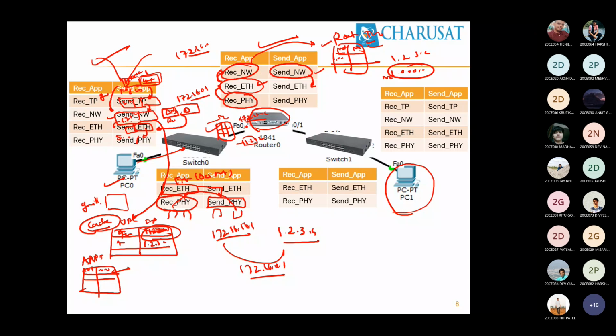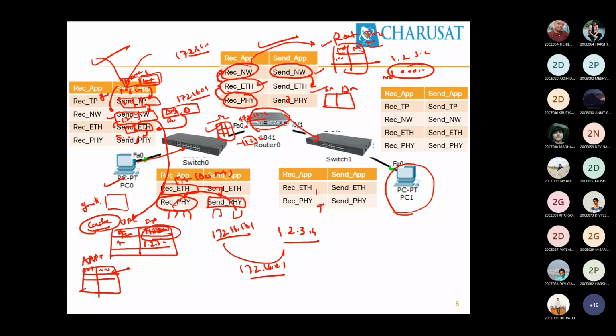Okay. Now the Ethernet layer, what does it do? What must be the logic in the Ethernet layer? Search the MAC address of destination 1.2.3.4. Will it be available? If it is not available, it contacts ARP. ARP will broadcast, and the ARP reply will make that MAC address available in the ARP table. Once the MAC address is available in the ARP table, the Ethernet layer will be reinvoked, and then it will prepare the header, destination MAC and source MAC. Source MAC from where? From the interface. Destination MAC from the ARP table. Then it sends to the physical layer, to the switch.